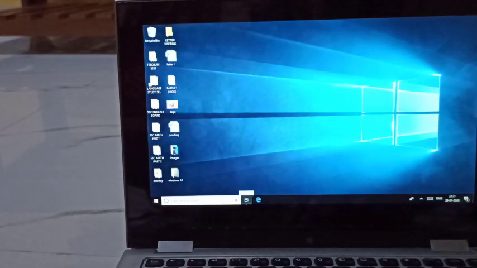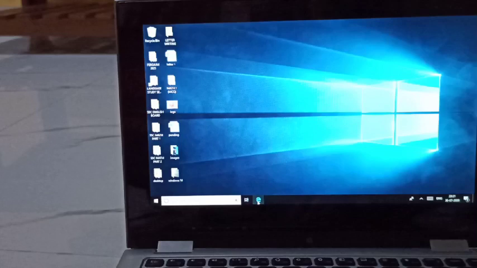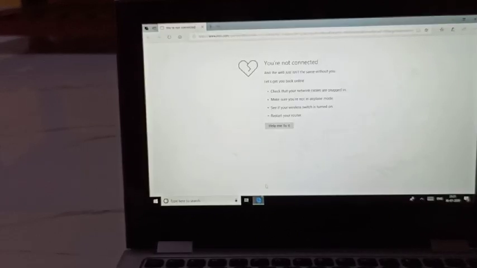Now see, next to the task view, just click on it. It is Microsoft Edge. What is it? It is a web browser, means you can directly connect to your internet. If you click on this, it will directly connect you to your internet. Now see, at the moment it is showing you are not connected, means right now there is no internet in our laptop. But if we connect with the help of Wi-Fi, then it will connect easily, and then you can search any information on the web, right?